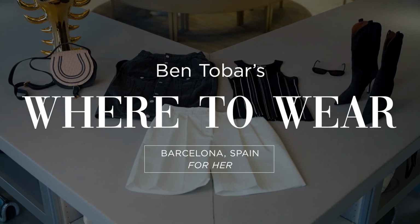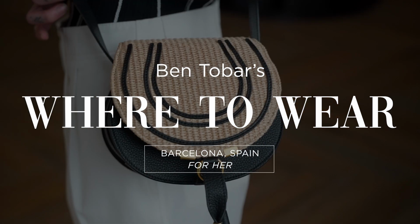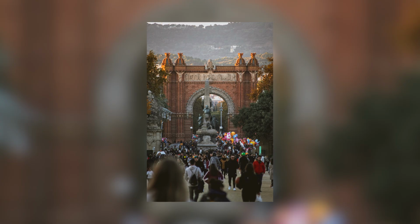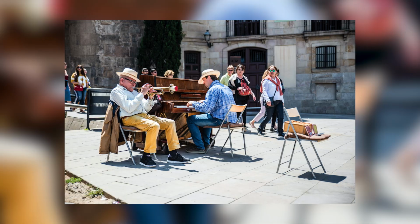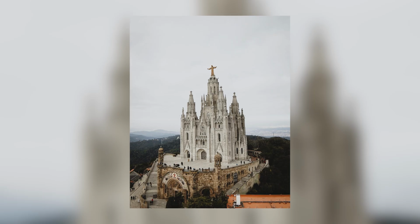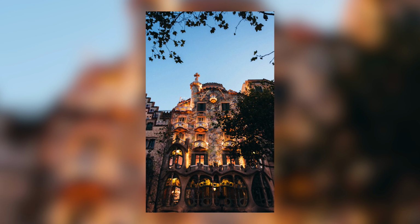Today we are heading to the enchanting city of Barcelona. If you've not been, Barcelona is an amazing city. You will be met with incredible people that are so warm. They're full of life, they're full of music. There's so much art in the city. It has a bohemian sensibility, and it is an incredible place with so many sights, sounds, smells, and wonderful things